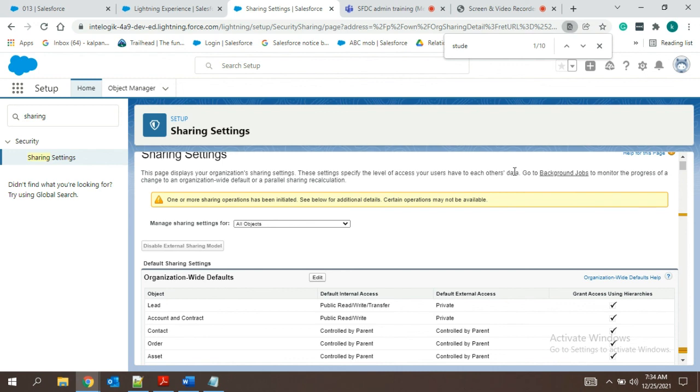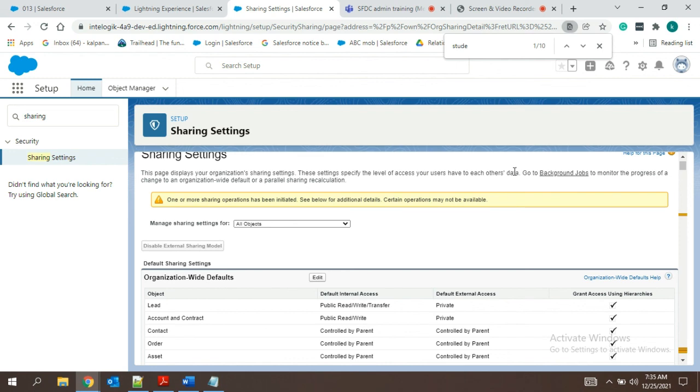But you know something, in the organizations, it will take even up to a week. Why is it so? Because there are so many things associated with the sharing settings. This is the organization default, no? So if there are 100 employees, each would have created like 10 to 15 records each day and it's been a year. That means you can understand how much data is saved in the Salesforce org.